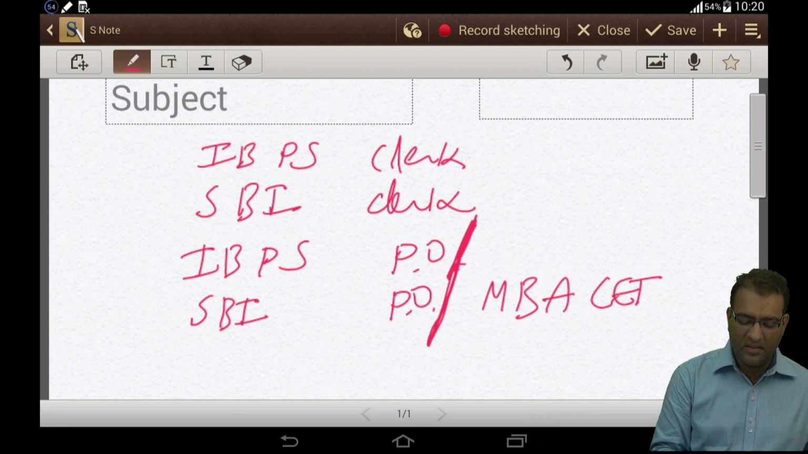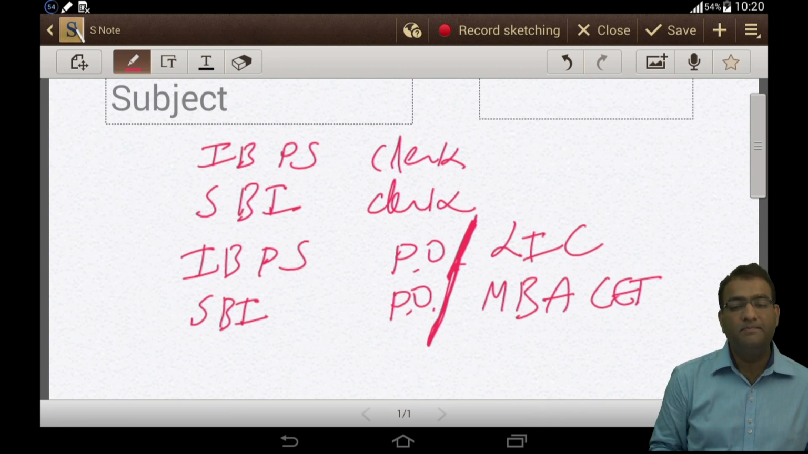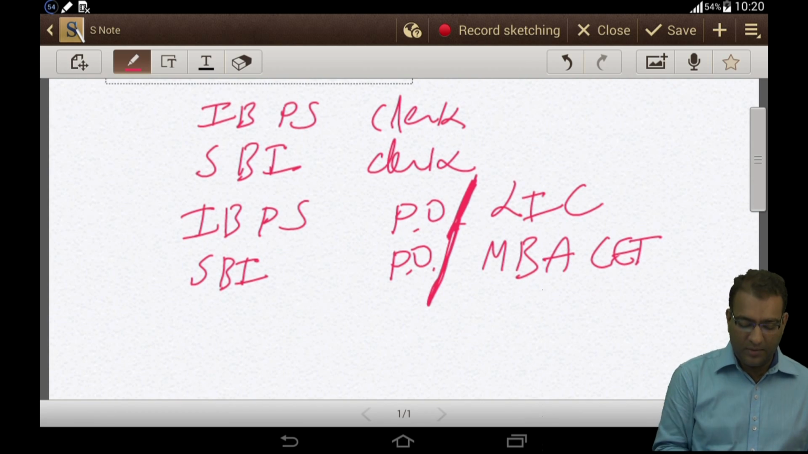Similarly, exactly at this level you have something called LIC. LIC also conducts its own exam. It is at IBPS PO level. Then comes your